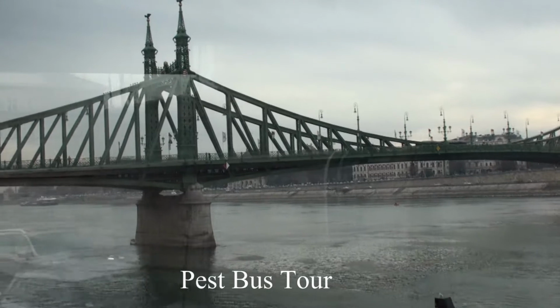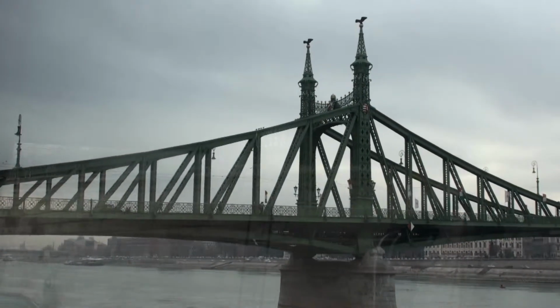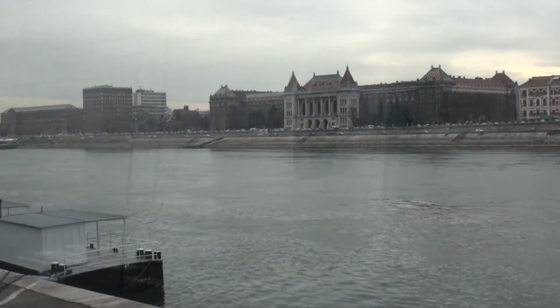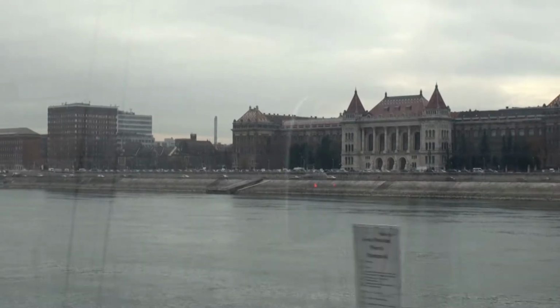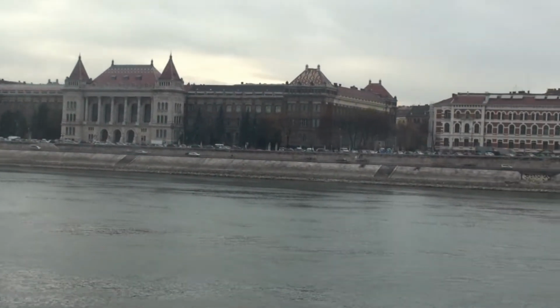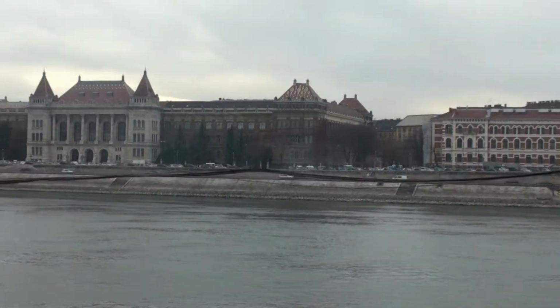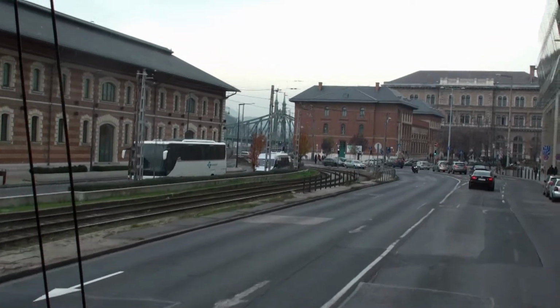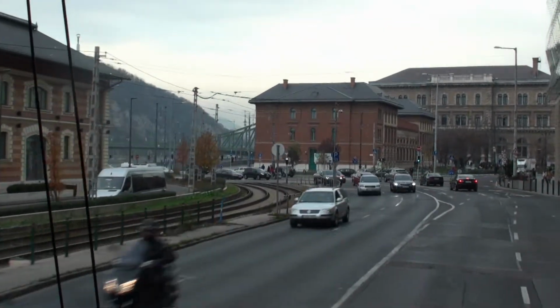And I try to be your sunshine, not just a fountain of information. And now you see what we call the Liberty Bridge. Originally it was called Franz Joseph Bridge, with the name of our emperor and king of the 19th century. And the bridge itself is over 120 years old. And the buildings to your left side are over 100 years old, and they are combined beautifully with